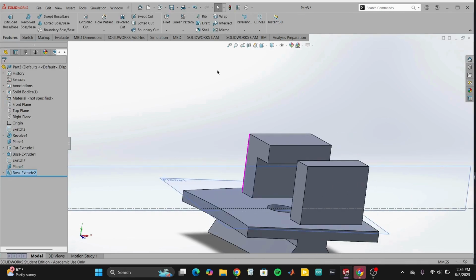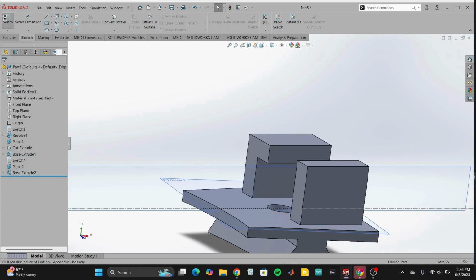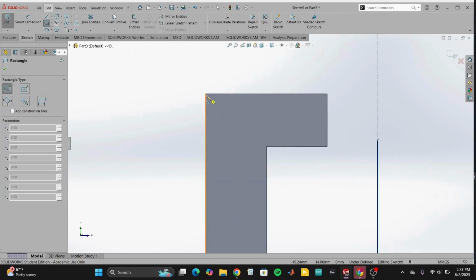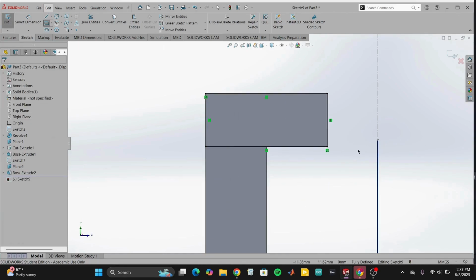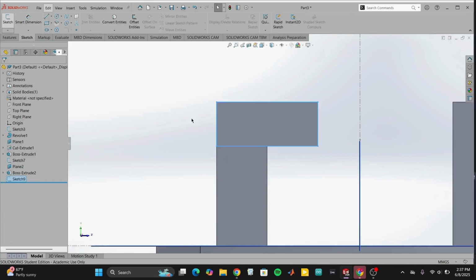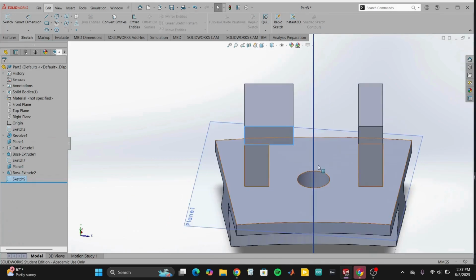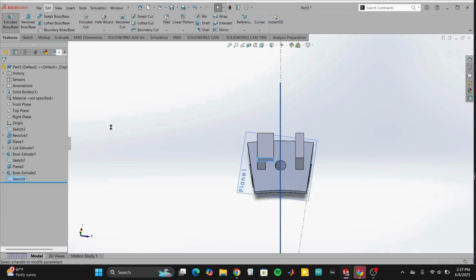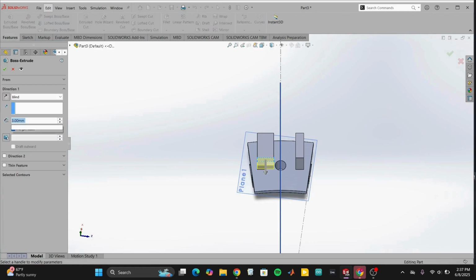There we go. Next, we're going to select this face and sketch in here. And again, we're going to just define it based on the geometry we already have. So these two are there. If you did it correctly, it should be all black. Now we can exit the sketch. Now make sure that this is on the face that is smaller and not the face that is longer. We're going to extrude this in by 80.88,